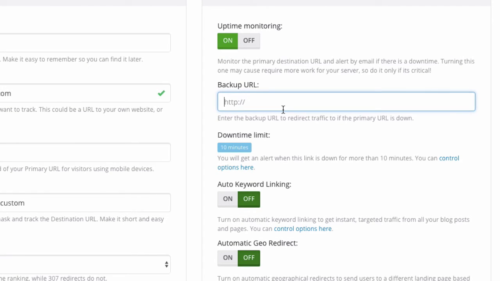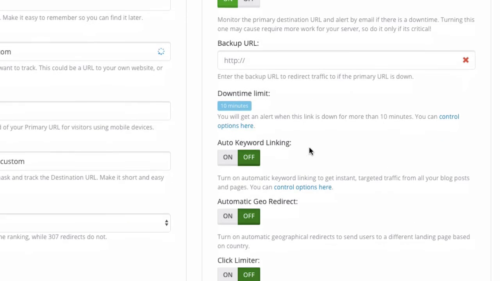So this is not compulsory. It's optional. But it's good to have, especially when you're dealing with paid traffic sources. You may want to make sure that if the site you're promoting is down, you are not going to lose out on the traffic that you have purchased via Google AdWords or any other services, and you may want to safely send it to a backup URL temporarily. Okay, now when the site or the link is up again, then it will automatically redirect back to your primary